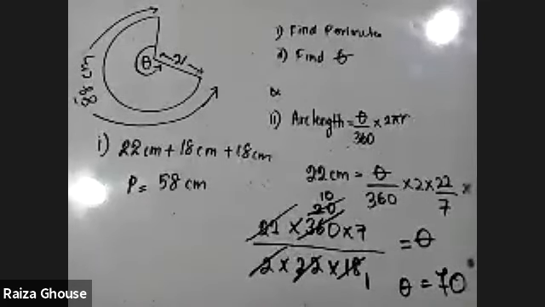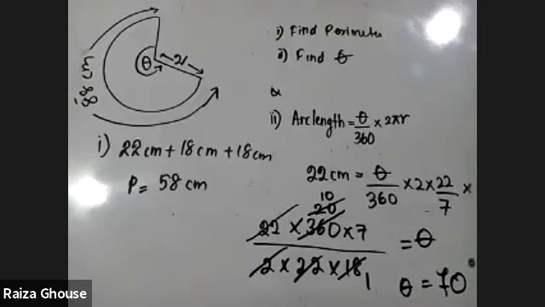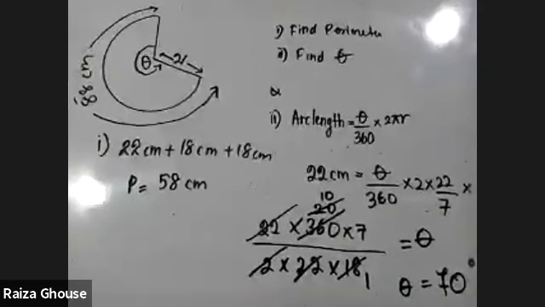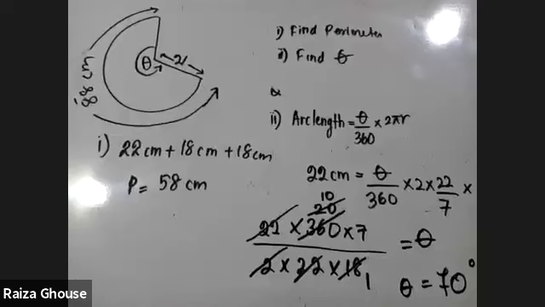Mushfira, you have to find and tell me what the perimeter is. And Samha, you should find and tell me theta, the magnitude of the angle. Did you find the answer? Be brave to answer. Perimeter, first one, the outer boundary.